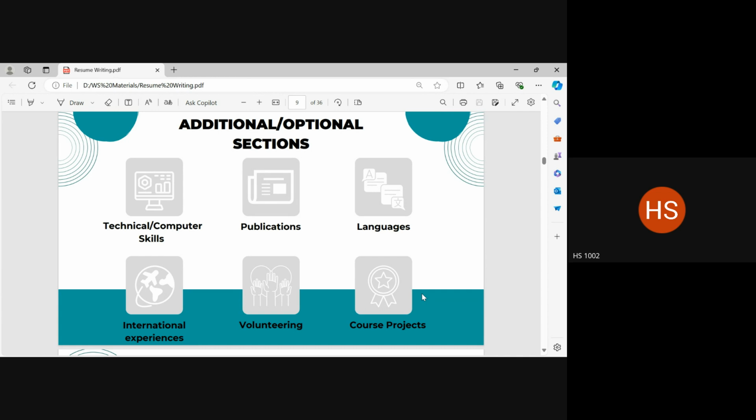Volunteering. Volunteering is not for everybody. Sometimes we volunteer for some tasks which cannot be listed on a resume at all. Our volunteering experience does not really add to our resume. If you feel like this volunteering experience is not adding to your resume, do not mention it. If your volunteering experience is relevant, then add it.